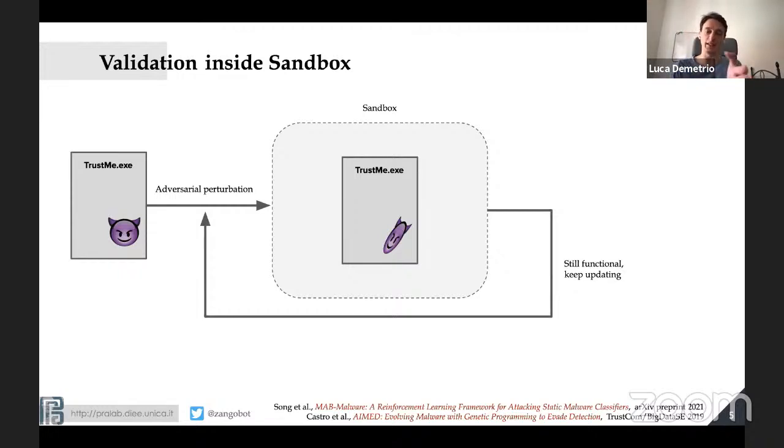But this approach has one cost: you have to put the sandbox there. You have to reset the sandbox at every iteration, and you have to wait for the malware to express its malicious behavior. And maybe that will not be possible, because there are malware that try to detect if they are inside a sandbox. So that might be tricky.